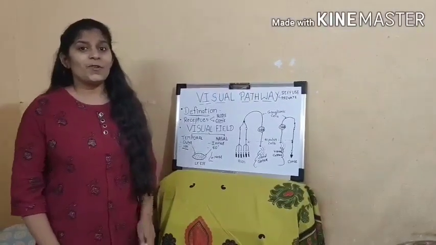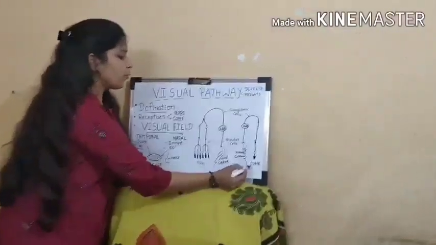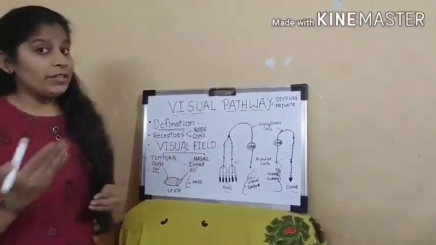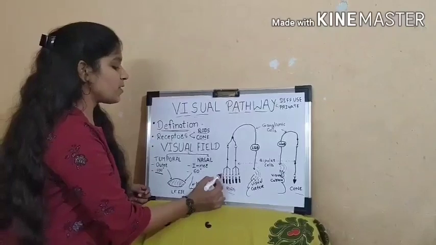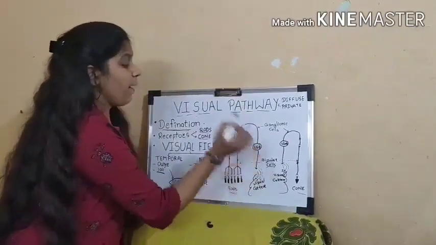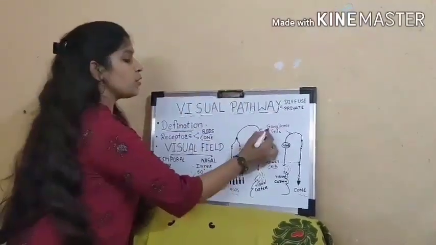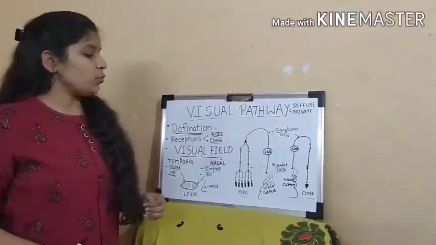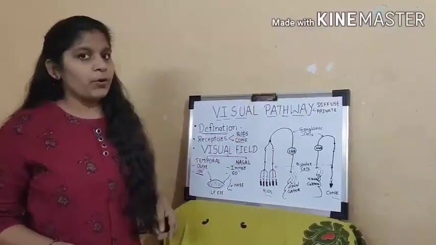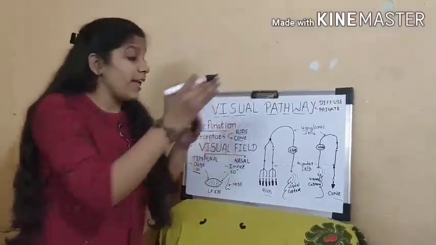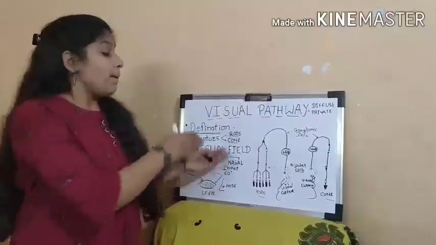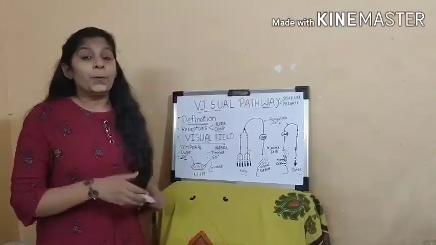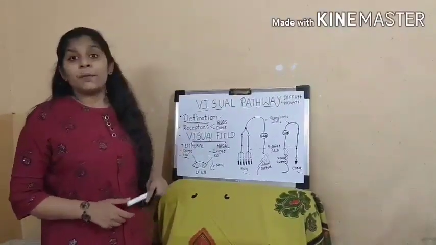Let's see the basics of the visual pathway. Rods and cones act as photoreceptor cells which perceive the photons, convert them into impulses and transmit the impulses towards bipolar cells. Bipolar cells transmit those impulses towards the ganglionic cell. From the ganglionic cell, the impulses reach the lateral geniculate body, and in the lateral geniculate body, new neurons are generated which carry impulses towards the visual cortex by optic radiations. For such a huge pathway, we require a number of neurons.